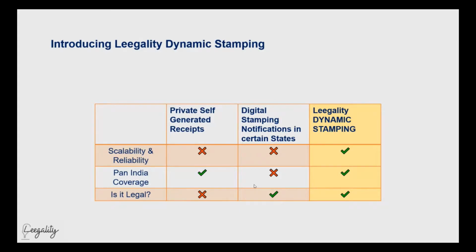Legality is not really something that we had to worry about while coming up with dynamic stamping, because conceptually it's the same as our series based stamping. Our legacy stamping system was there, and that was fully legal to begin with. So as such, nothing changes. If you are using our legacy stamping systems, they were 100% legal. That's again something that's there. It's basic. It's to be expected. And as we spoke about in the demo, stamp serial numbers are appearing on all pages of the document. There is a legend that's printed in accordance with legal conventions.